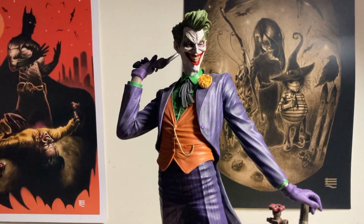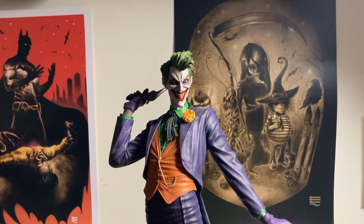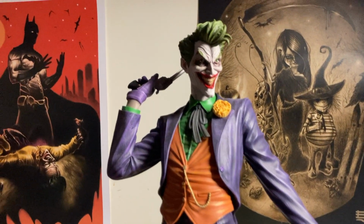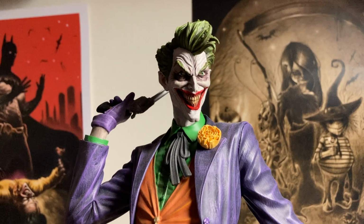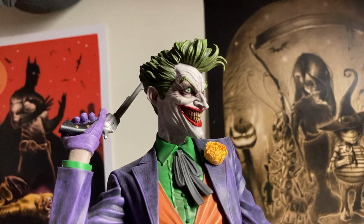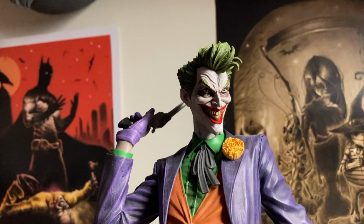Now, this is the way I display the piece. The head which is on the piece now is the regular head, because I just look at this, I just find this extremely evil. I think there is just so much tension in this, like he almost bit his tongue off in excitement,